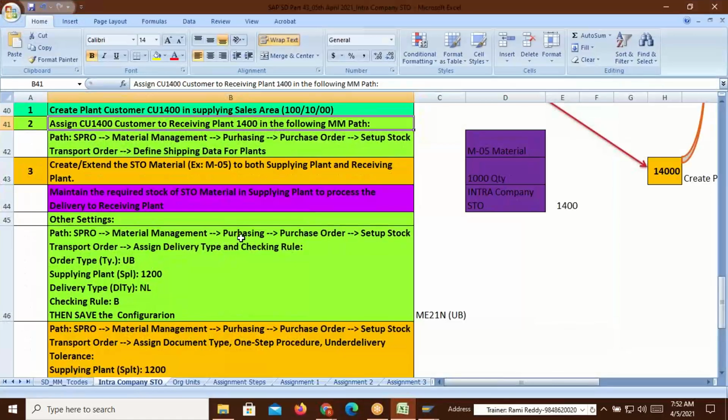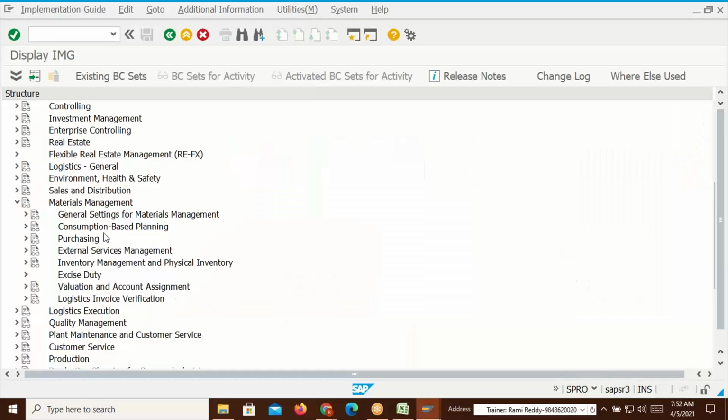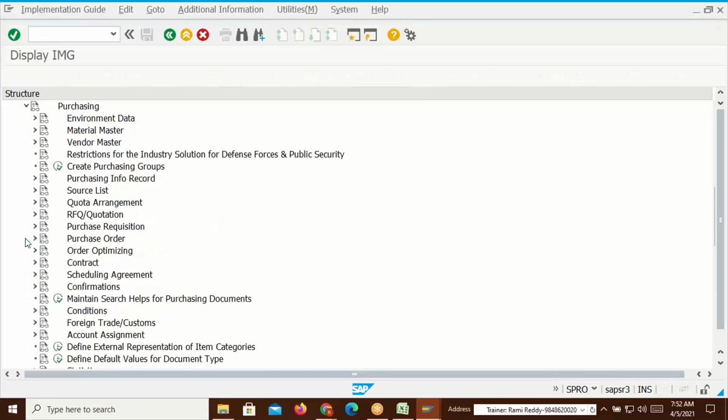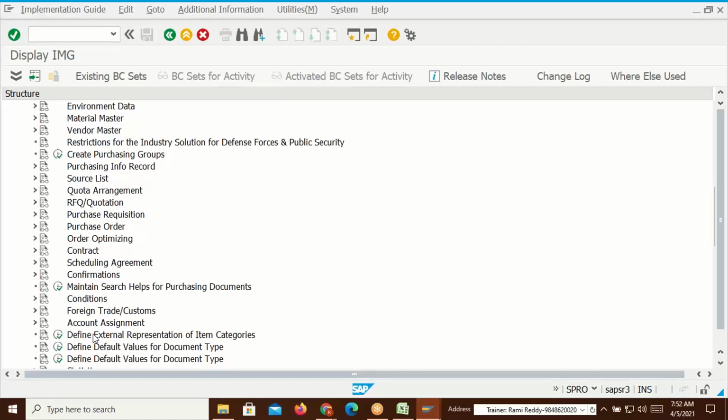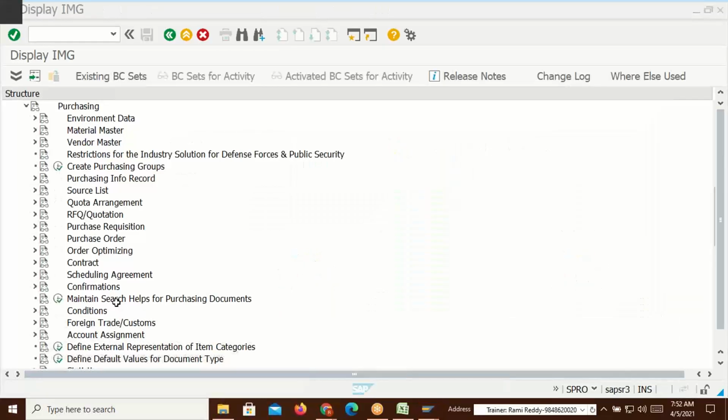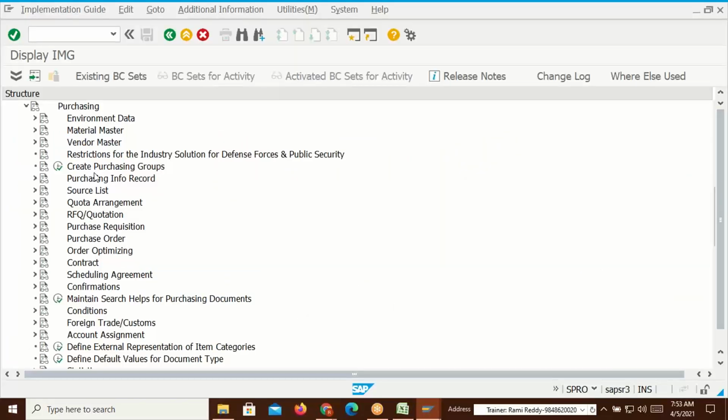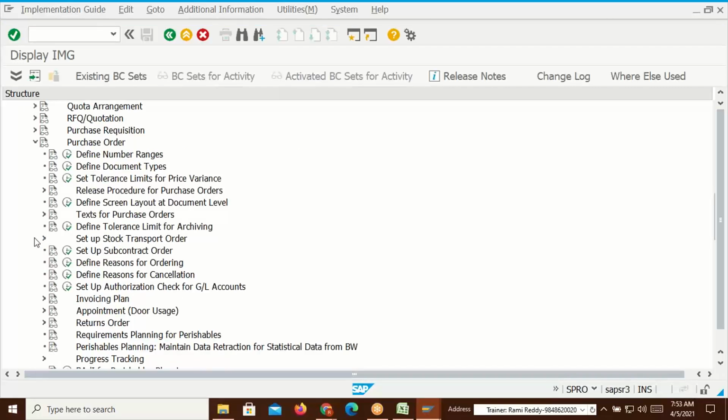Under purchasing, you have something called purchase order. So material management, purchasing, purchase order, and under this purchase order, you have, see here,